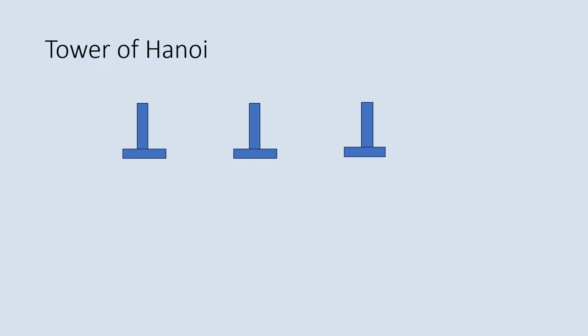So we've seen the Tower of Hanoi problem. We have 3 pegs, and then we have some disks on those pegs. There are n disks on the pegs